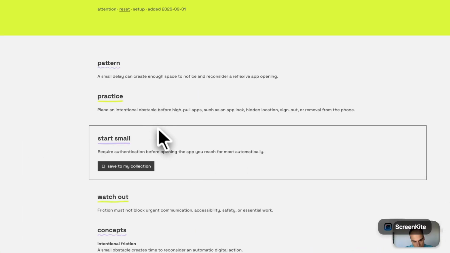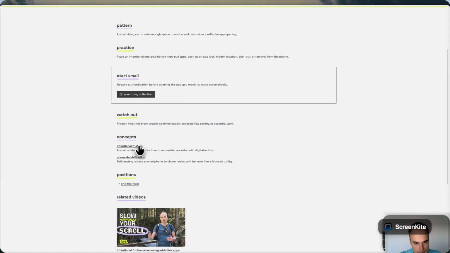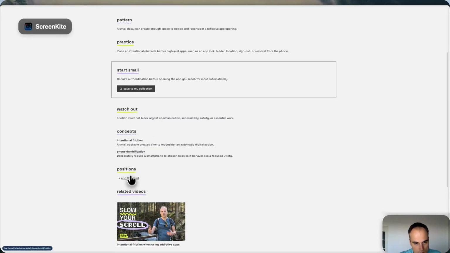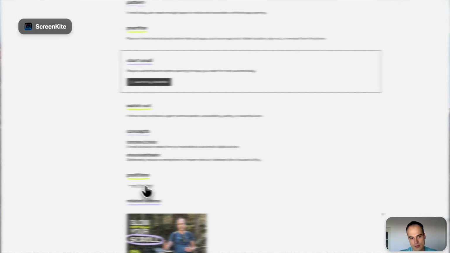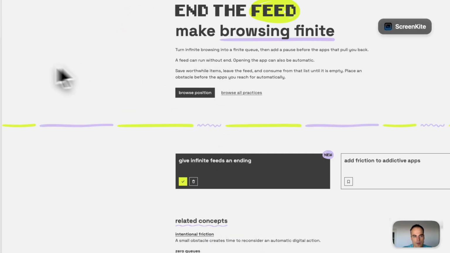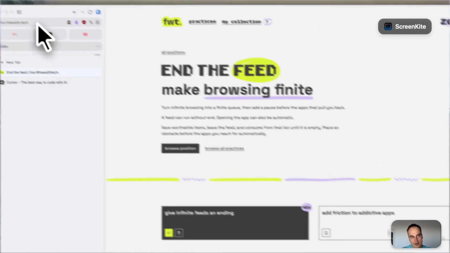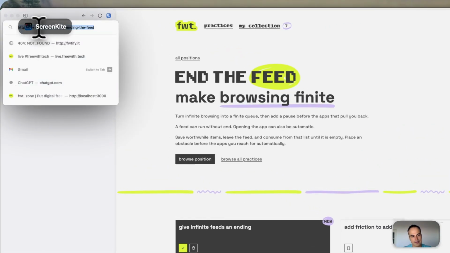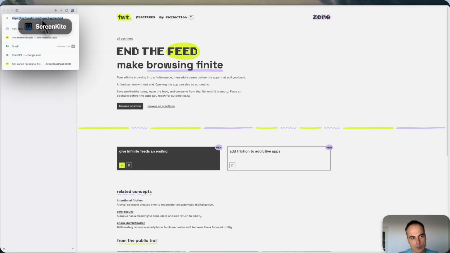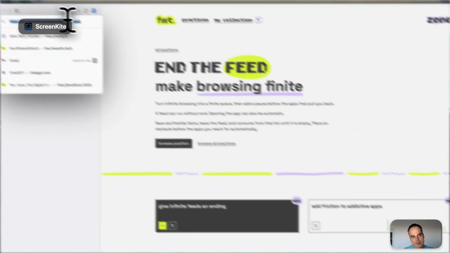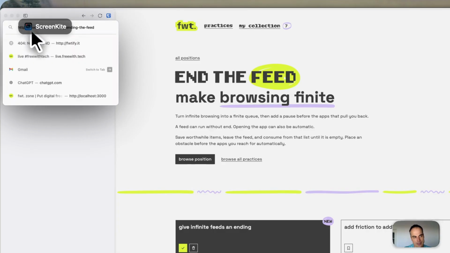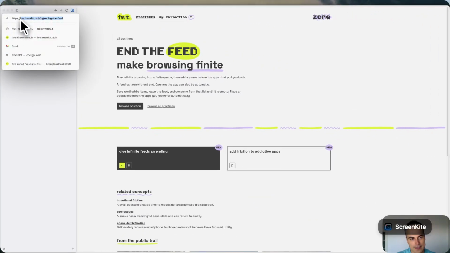So we can go to a certain practice and maybe look here which concepts are included, but also positions. And what do I mean by position? So this is a unique lens on the practice database. So this is really a shareable thing. And you can see here that the domain is live.freewithtech, ending with the feed. This reads as a sentence. So this is quite a unique feature of this practice database, and it allows anybody to